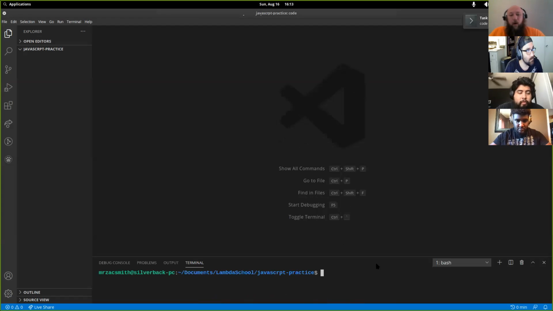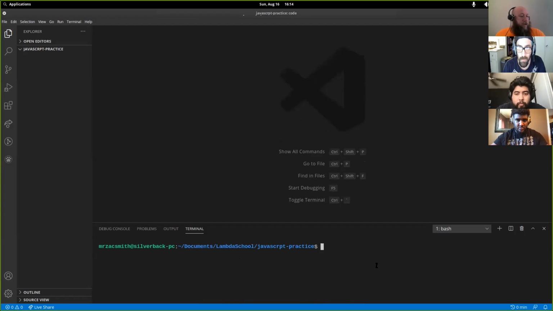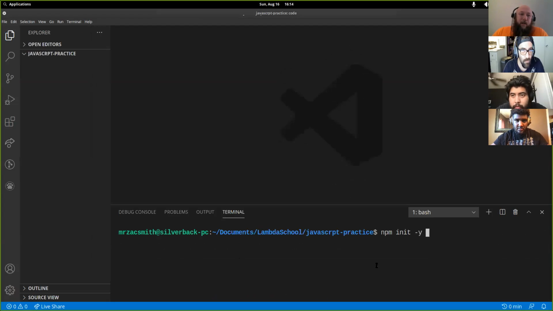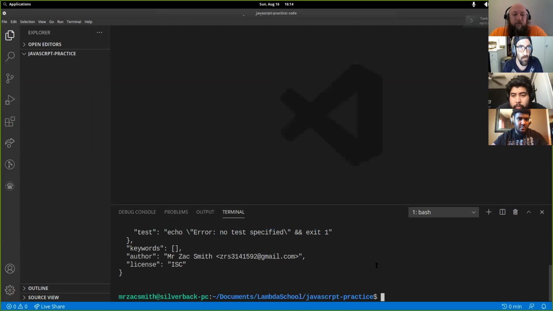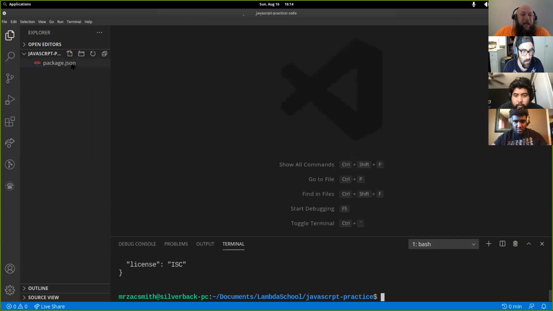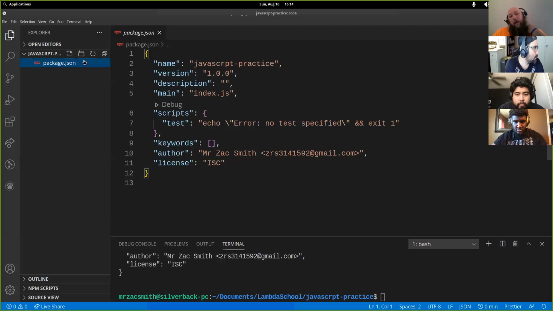Go ahead and open your terminal, and we're going to do some setup first. It makes life a lot easier. So the first thing you're going to do is npm and then init space -y, like that. Let me make this just a little bigger. Okay. And that's going to create a package.json for us. And this package.json allows us to run other things inside of our